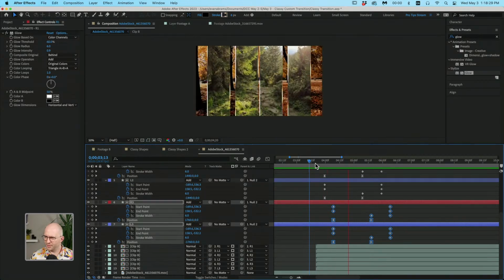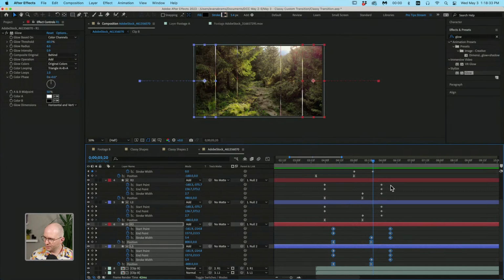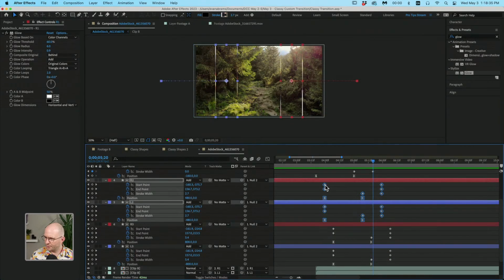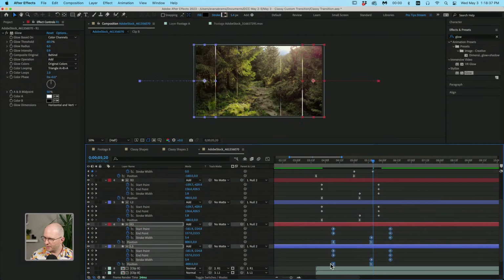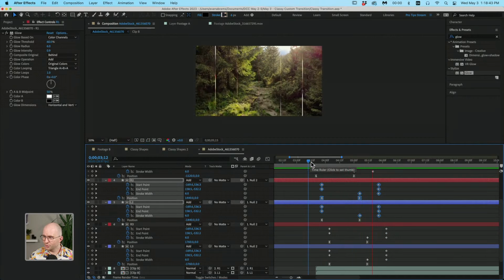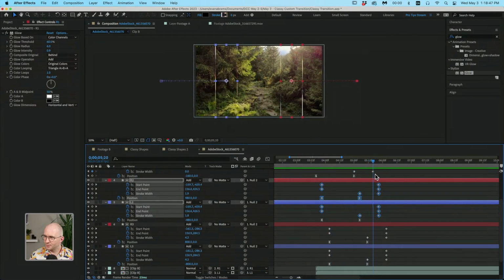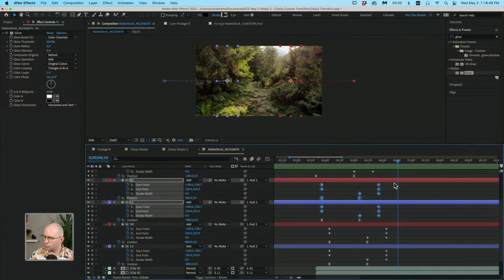So how do we feel about this? Clunk, clunk, clunk, clunk. This is where you're going to want to play around a lot. Now, I've done it a certain way in the original. You don't have to conform to that if you don't want to. Do whatever feels right to you. But as you can see, eventually they all come together and those lines fade down and it all locks into